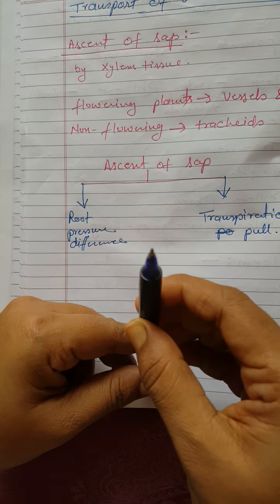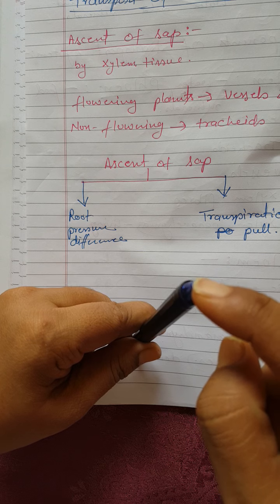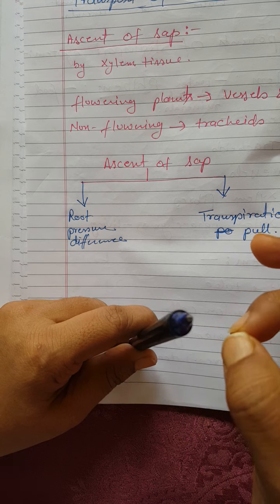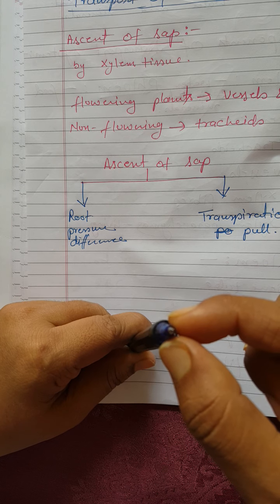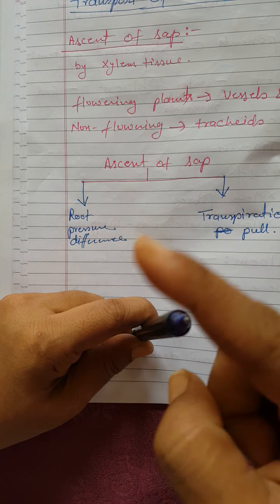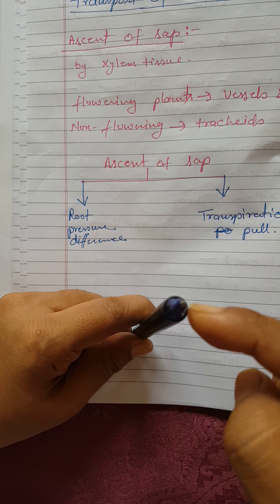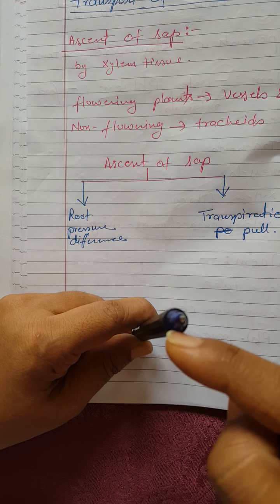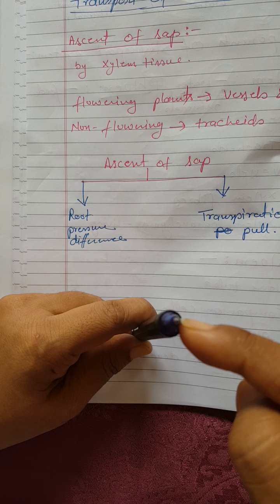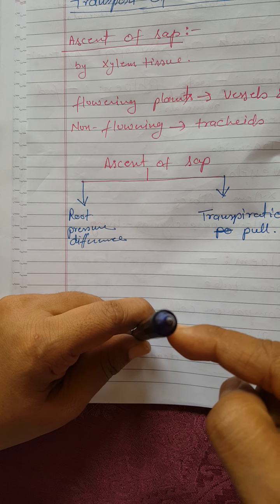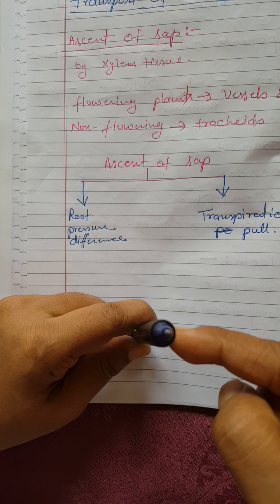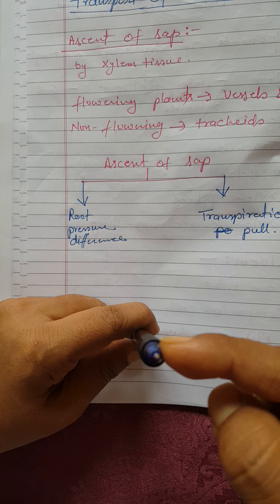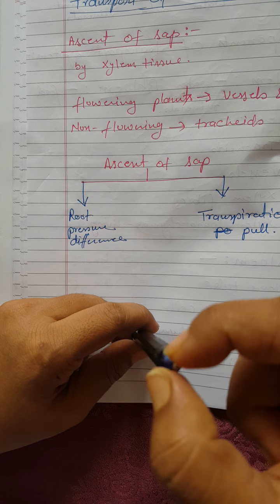You can understand, suppose this is the leaf and there is this stomatal pore. When the water evaporates, generally this occurs in the daytime, when there is high temperature in the surroundings. Because of that high temperature, the water evaporates through this stomatal pore, and there will be a deficiency of water behind. So the lower water will come up, then it will evaporate, then the water below will come up, and so there will be a continuous flow of water from bottom to top, where there is loss of water through the stomatal pore.